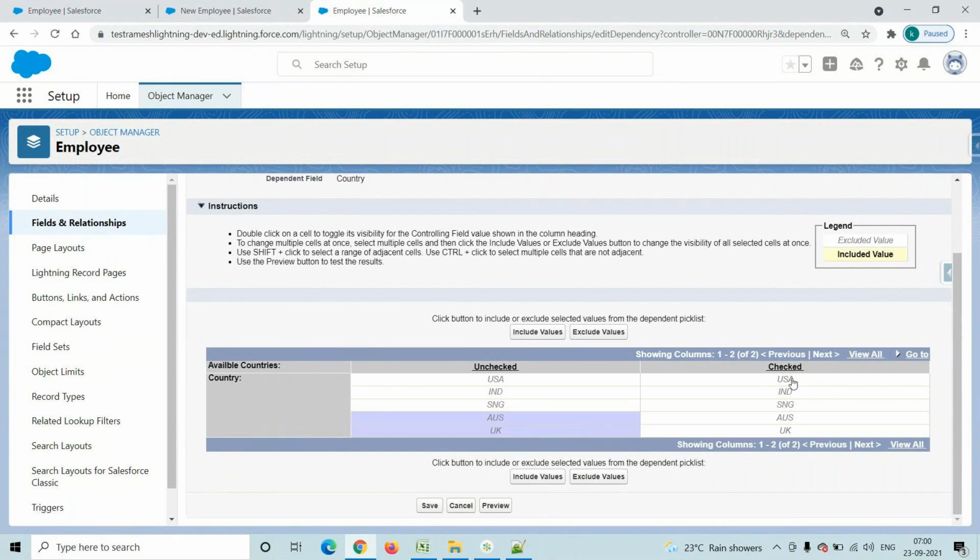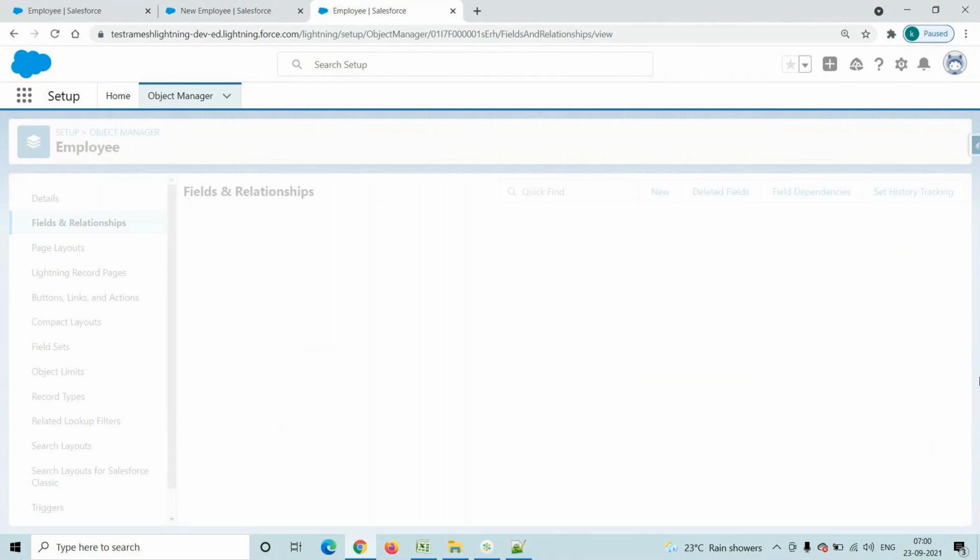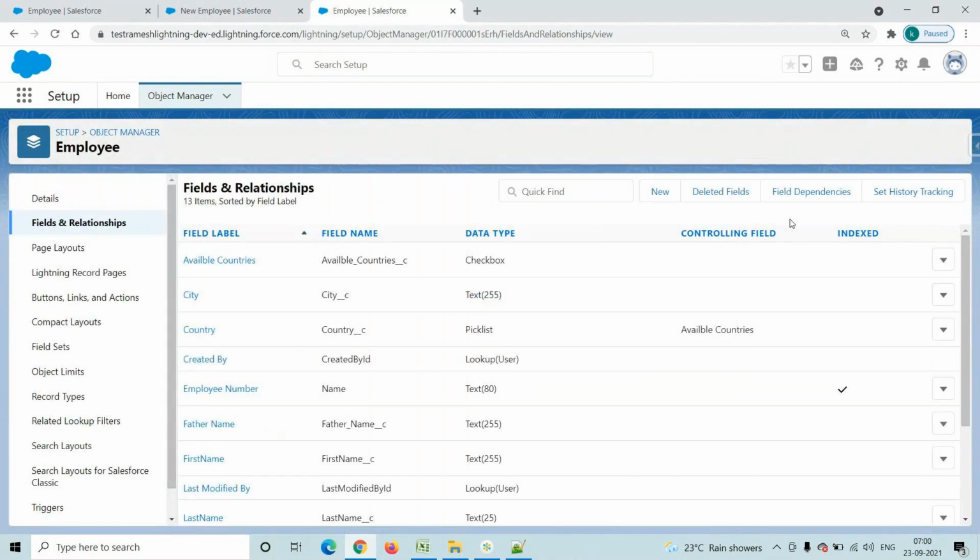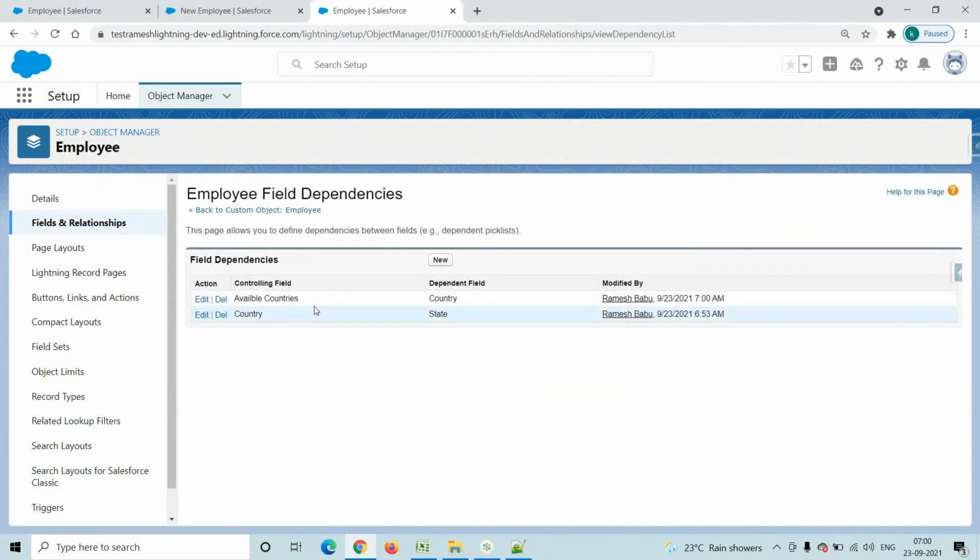Suppose checked, then USA, India, Singapore. Once selected, click on include values, then click on the save button. So we created the field dependency. Again go to the field dependency tab. See here, we created a field dependency between available countries and country.